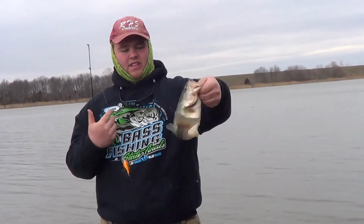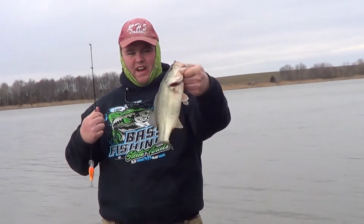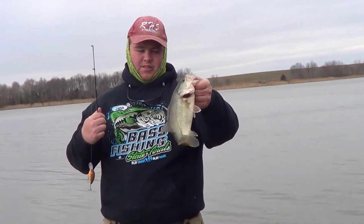This fish is so healthy though. He's so stout. It's only about 1.5 pounds, but thick fish, almost like mini footballs. But